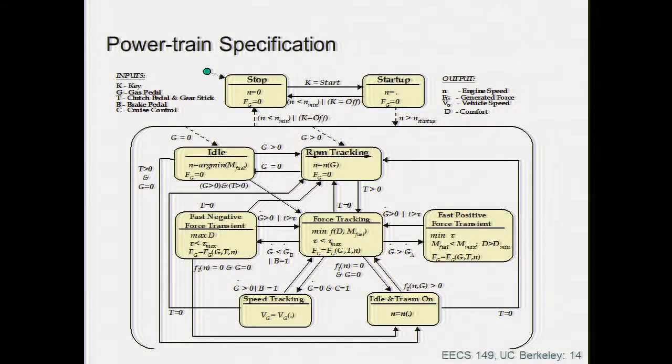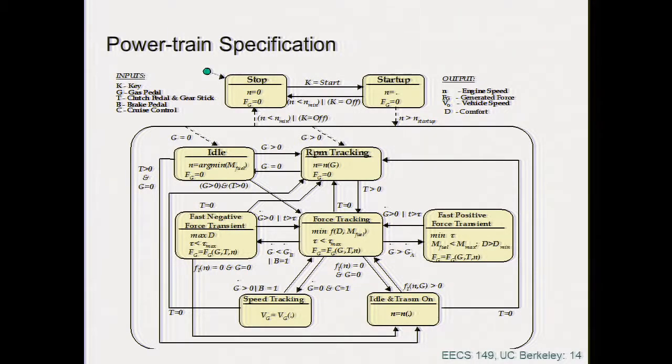Now, I want you to think about what is a fast positive force transient. Have you ever, say, been in a race with your friend at the traffic light, right? So what you want to do is accelerate the car maximally. You want to get, wham, right? So that is what is called fast positive force transient, which means I really want to go from 0 to 100 in 5 seconds, right? That is a measure that they give you for the car. You say, how long does it take to go from 0 km per hour to 100 km per hour? They use this mode. So fastest possible